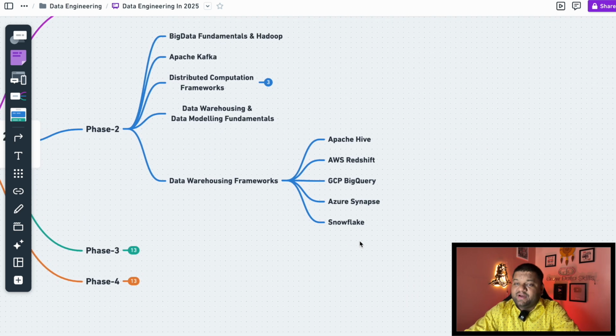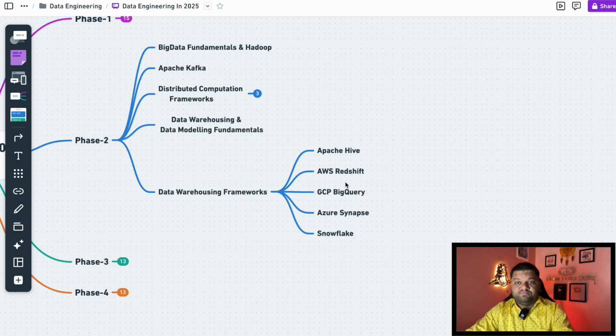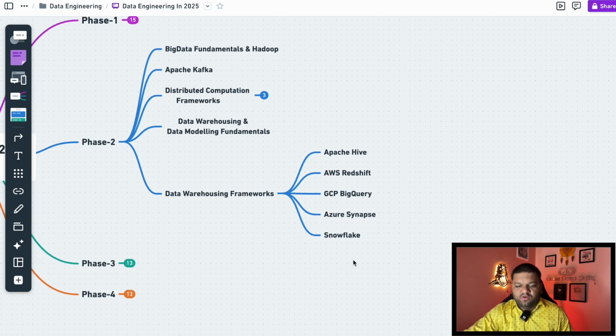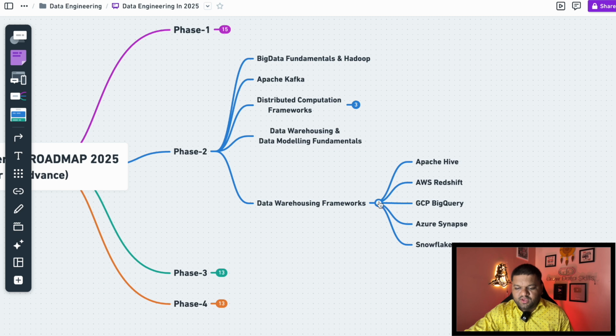So here, Apache Hive, AWS Redshift is also a data warehousing service, GCP BigQuery, Azure Synapse, Snowflake. You have heard a lot about Snowflake in recent times in the industry. Now it is not just a warehouse, but building the core capabilities of entire data analytics on a unified platform, right? So that is how it is going to be important for you to go through it, and at some point of time, if you can do some certifications around Snowflake, that will also be very helpful and will give you the advantage, okay?